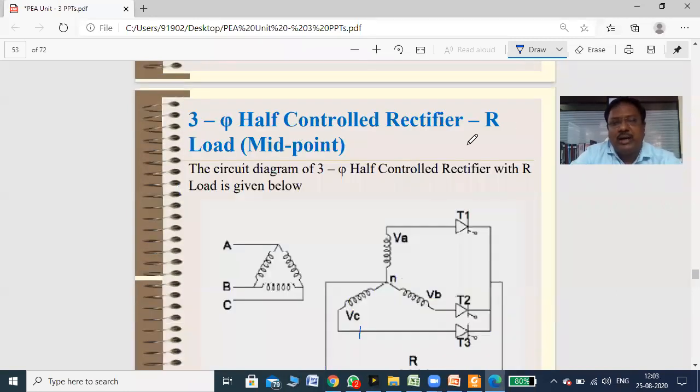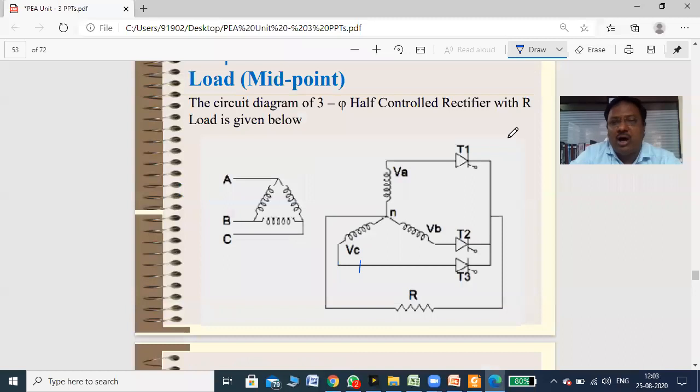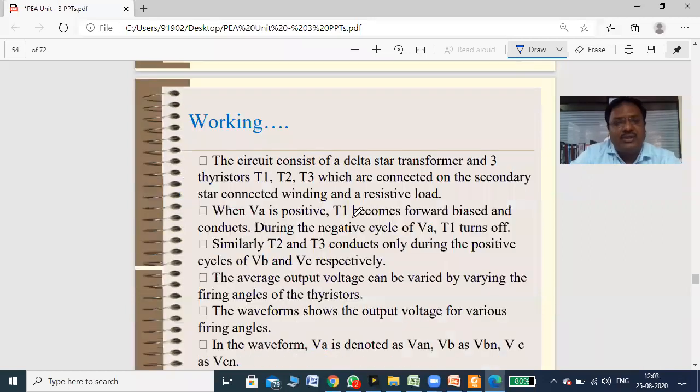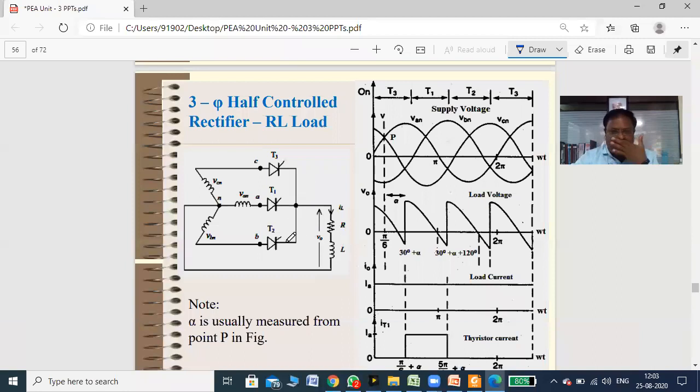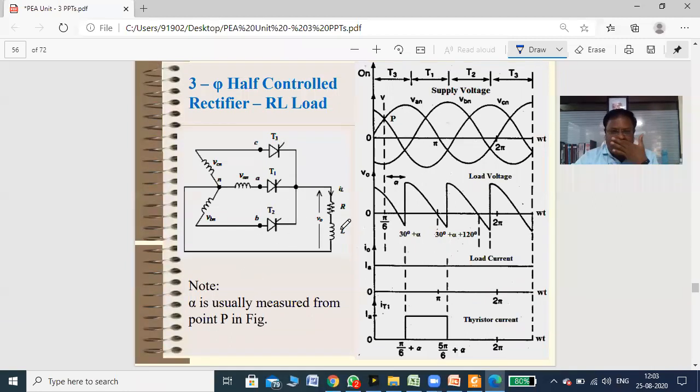Okay, so this is about the three-phase half controlled rectifier, or we can say converter, for midpoint, for R load, right? This is for RL load, right? We are connecting here an RL load. So again, the same thing as we know, the inductor stores the energy during the on period of the SCR, or you can say positive voltage. And whenever the voltage across that SCR is negative, then the inductor starts to release the energy through the same SCR, so that the energy is delivered from the supply to the SCR and so on, right? So you will get this negative part here.